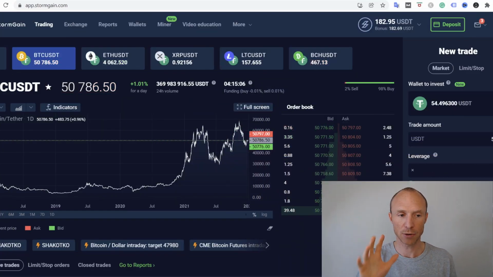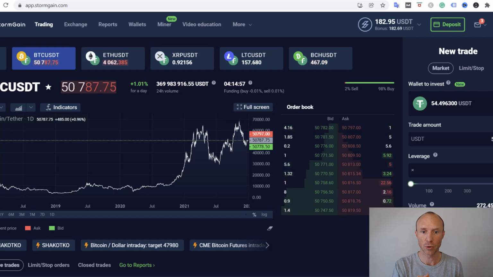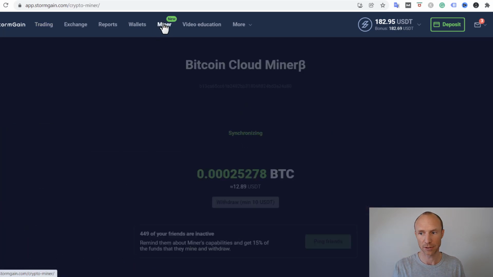So let's talk about how you can use Stormgain for free or to trade for free, and then I will show you how to set up a trade also so you can see how easy it is, and then go over some very important details you need to consider to find out if this is really for you, and what you also need to consider to do it a safe way and not just end up losing a lot of money. But what Stormgain has is that it has this miner, so you can go to the miner, and mine